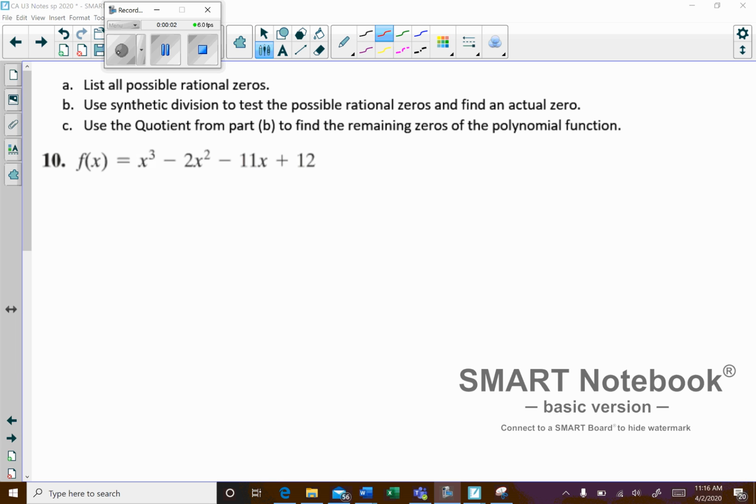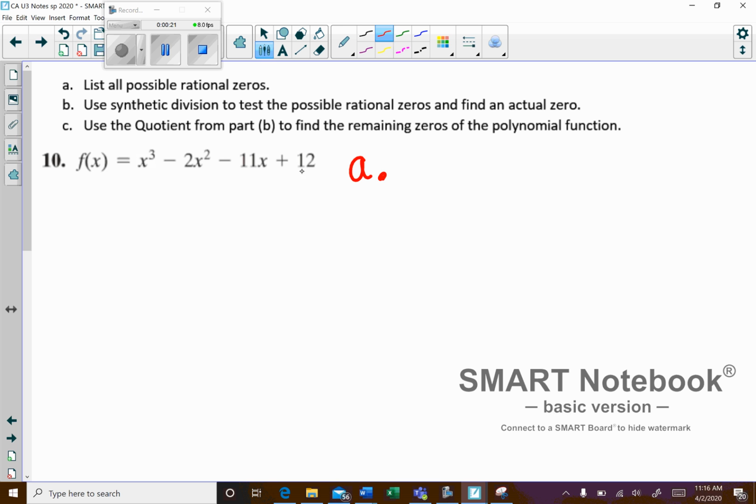Okay, so now we're going to solve these polynomials that are not factorable by using synthetic division. But before we do that, we'll have to list our possible rational zeros. So that's our first step, step A. So what we'll do here